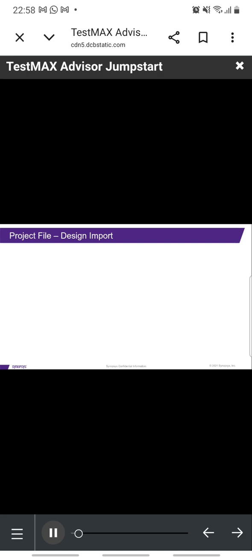This is an example showing the design import section in a typical project file. In the design import section, read file is used to read in individual RTL or netlist files, the SDC files, and the libraries. Read file -type HDL can be used to read in the RTL or gate level design. Read file -type source list can be used to read a source list which includes the list of design source